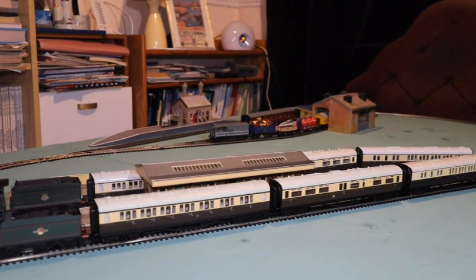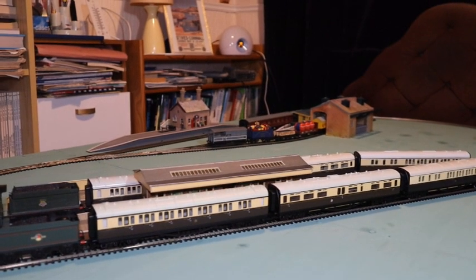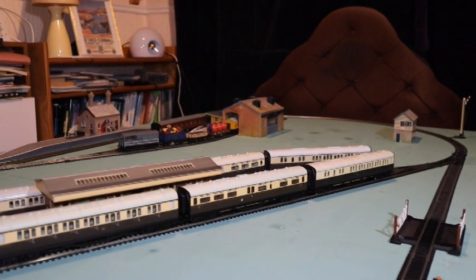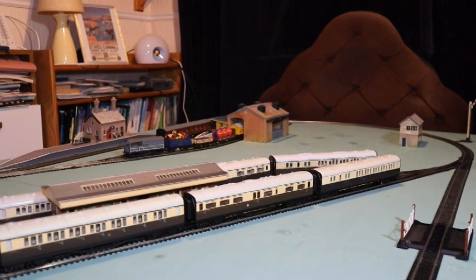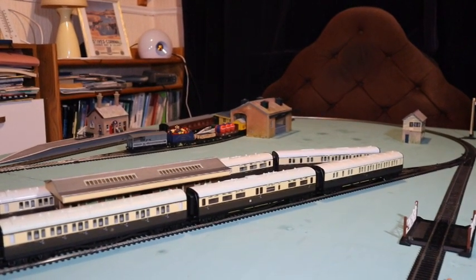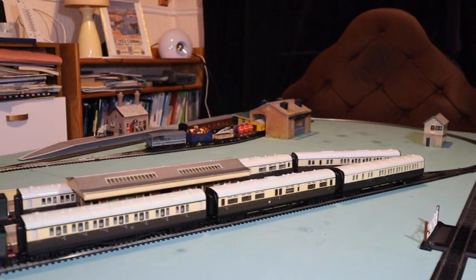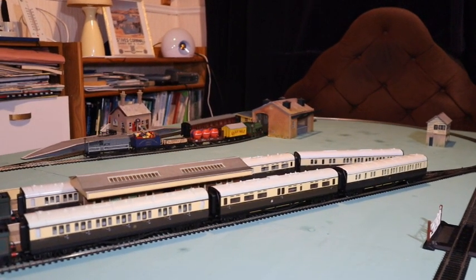Okay, right, my movie recording time has come to an end, so we've restarted. I was just in the middle of getting this one out of the station, the goods shed, putting a goods train together today with this locomotive. So let's watch it go over the points. We can see the whole train going over the points now. Watch it reversing over my junction here,